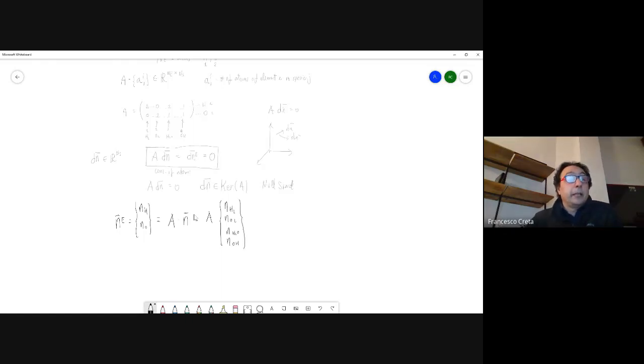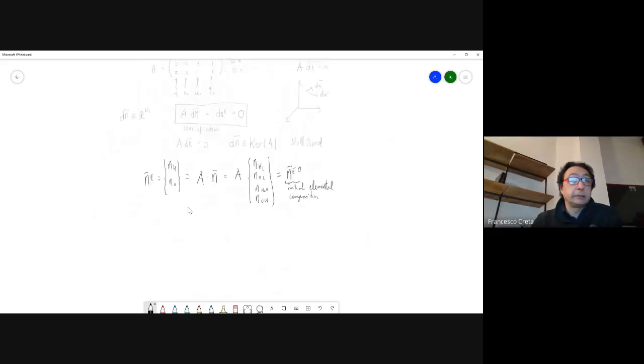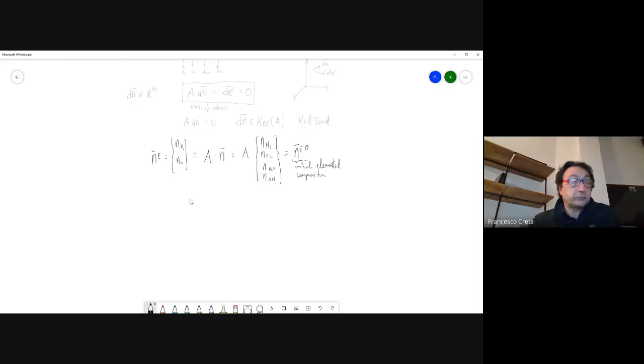Now, clearly, the elemental composition has to remain constant, as we know. So it's essentially equal to the elemental composition that you had at the beginning, the initial elemental composition. Let's write it here: initial elemental composition. So, rewriting what we just said, A applied to the composition vector is equal to the initial elemental composition. So if we differentiate,